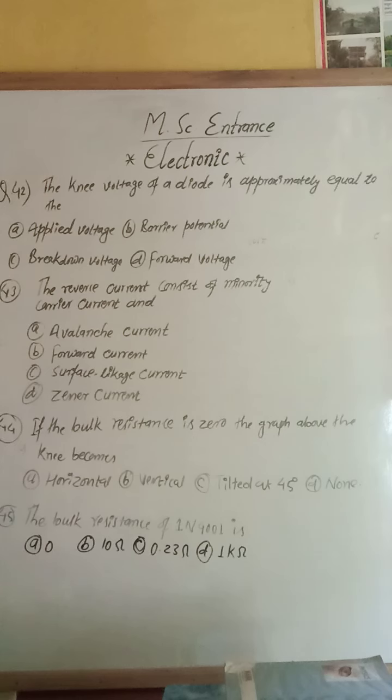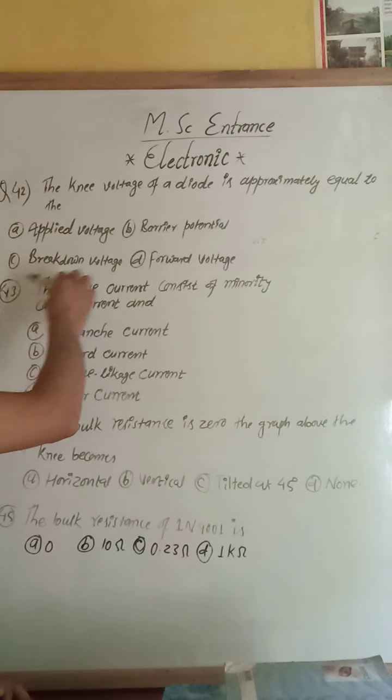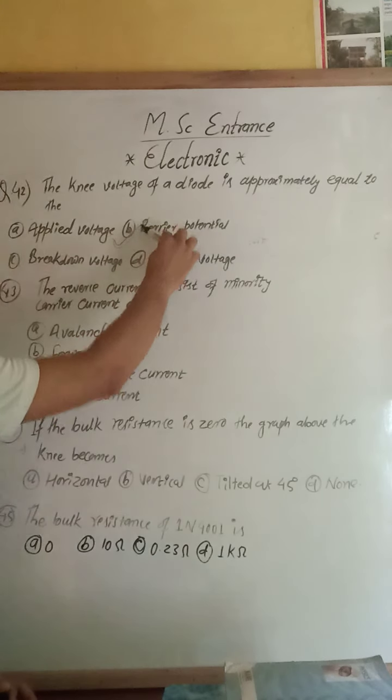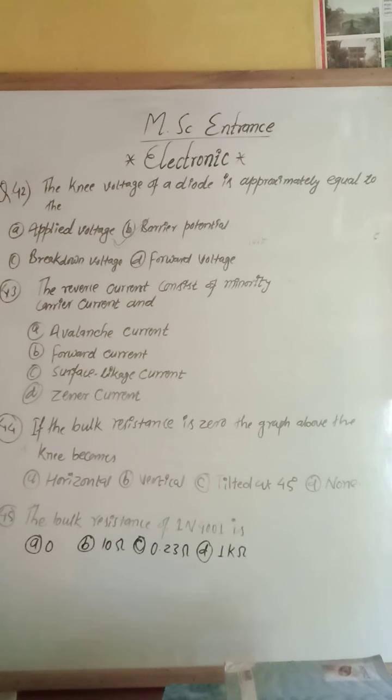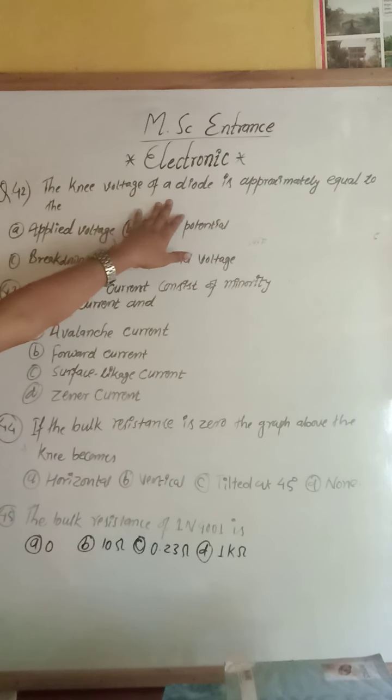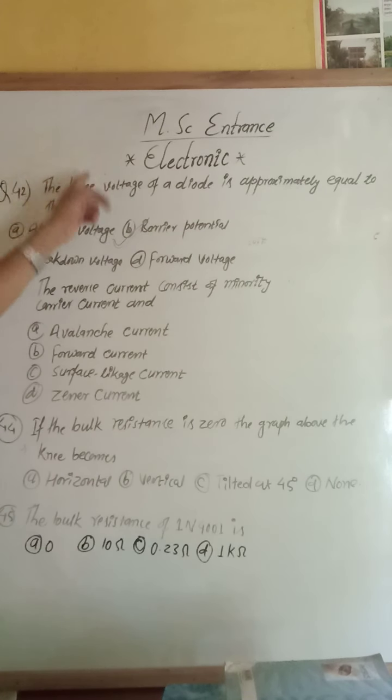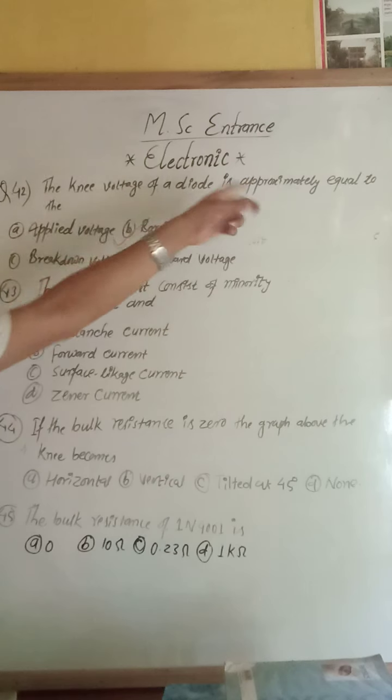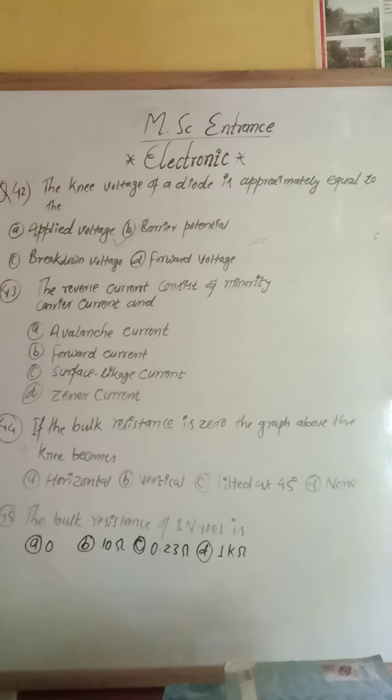Okay, the knee voltage is approximately equal to our barrier potential. If we are given one diode and it contains knee voltage, this knee voltage is approximately equal to our barrier potential. Okay, this question's answer is option number B. Similarly,